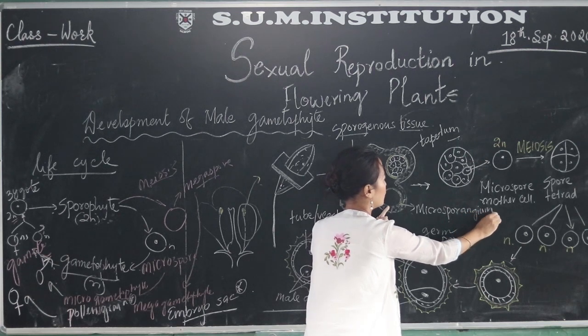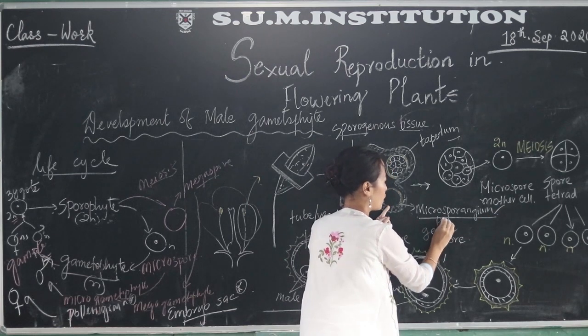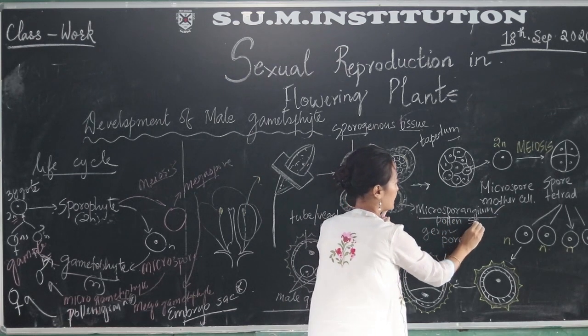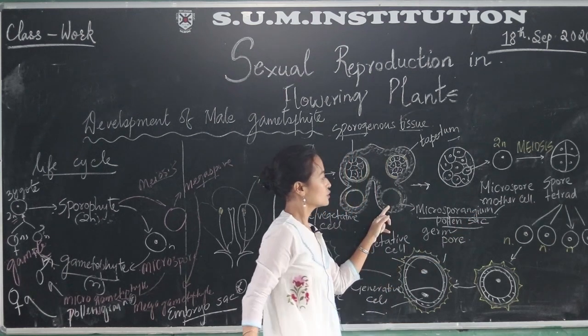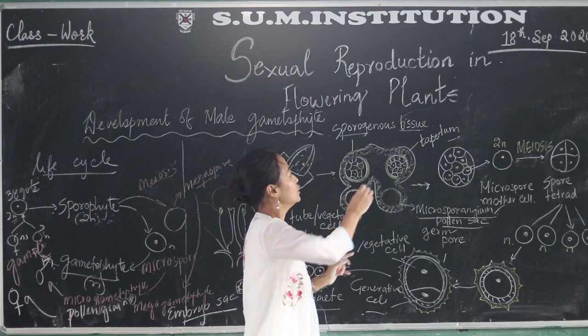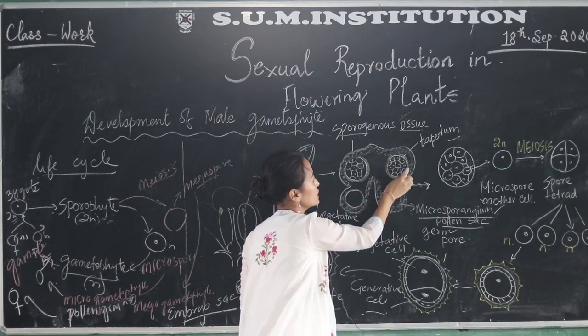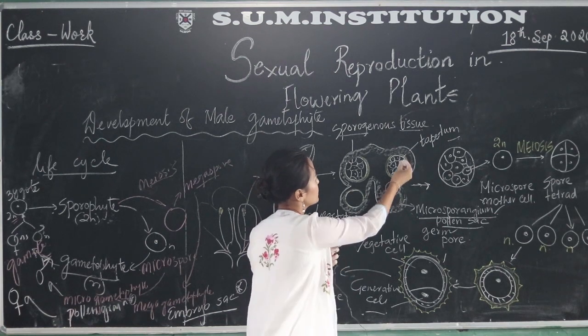We call it microsporangium, or later we can also call it the pollen sac, where pollen formation happens. So it is first known as the microsporangium. And the wall of the anther, the yellow portion, the innermost wall of the anther